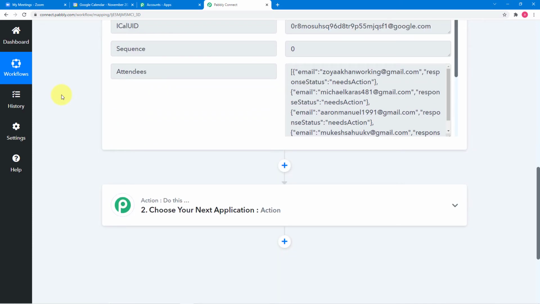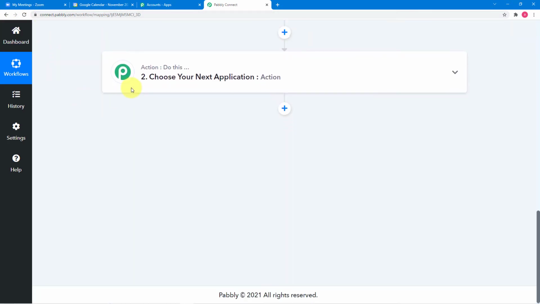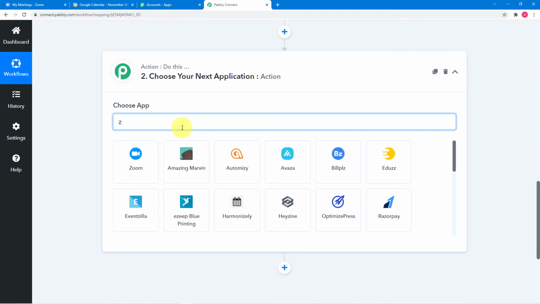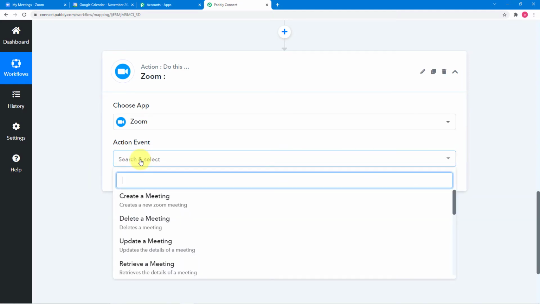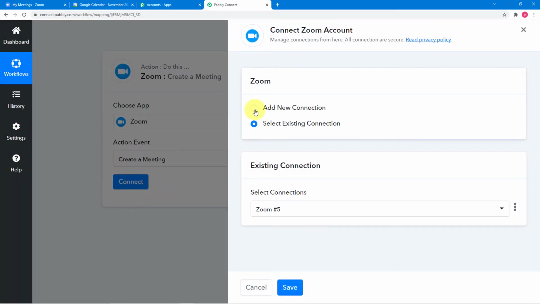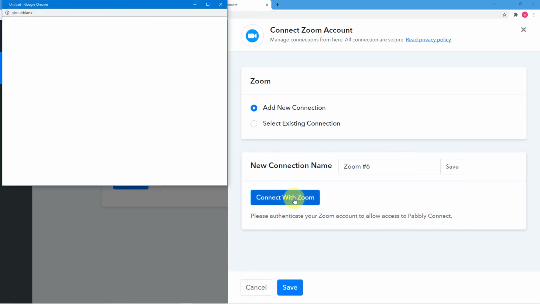So our next step would be to create a meeting about this event in our Zoom application. For that, you have to click here on this action window, and from this choose app field, choose your application as Zoom. This is Zoom. Okay, and in this action event, select create a meeting option, then click on connect, and from this window select add new connection, then click on connect with Zoom.